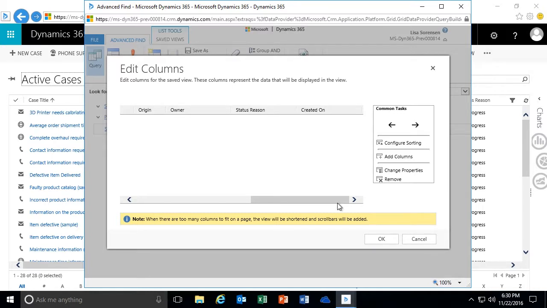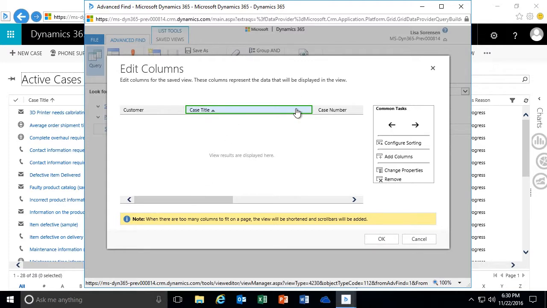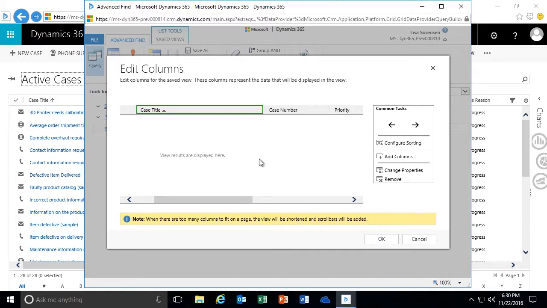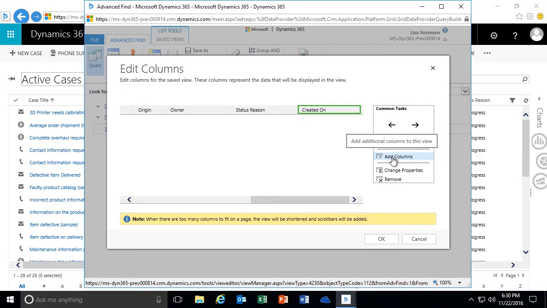Now the other thing I also want to do, as I mentioned, is include some additional fields. When it comes to adding fields, by default, if I have an existing field selected, the new fields will automatically be added to the right of that existing field. So if I want this to go after the Created On field, I can highlight the Created On field, and then from here I can click on Add